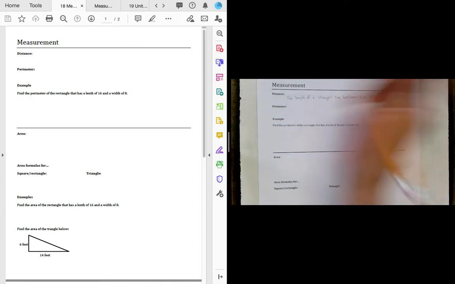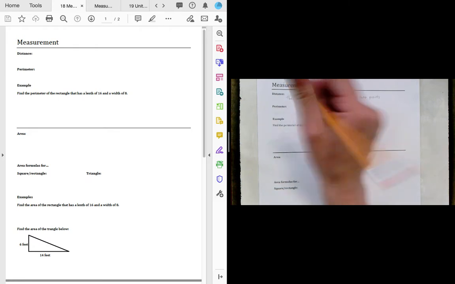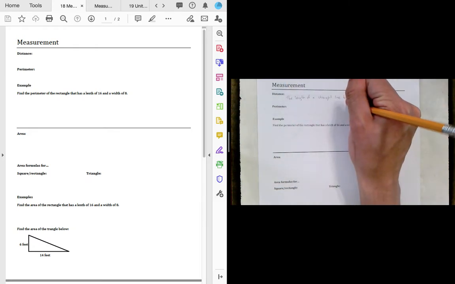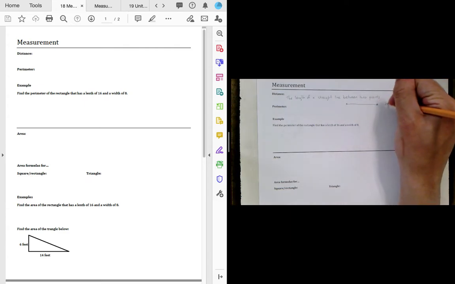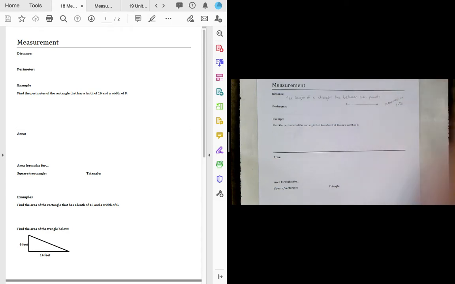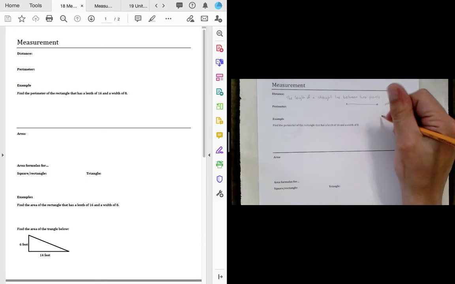The important thing about distance is that it's measured in one-dimensional space. So because it's measured in 1D, we can think about examples for units